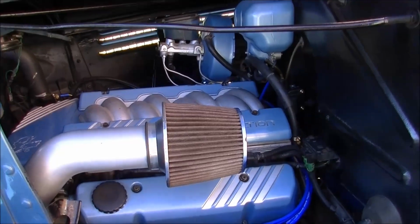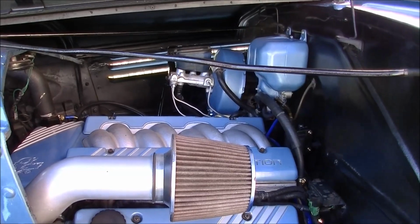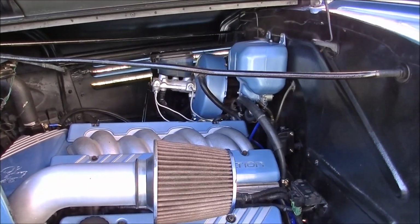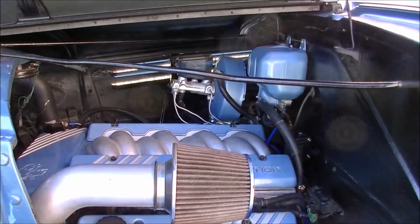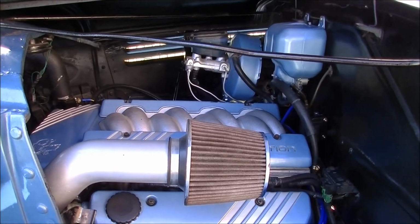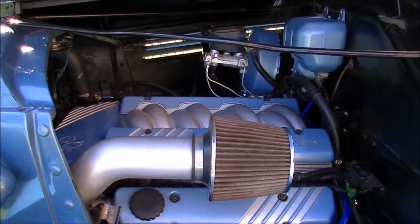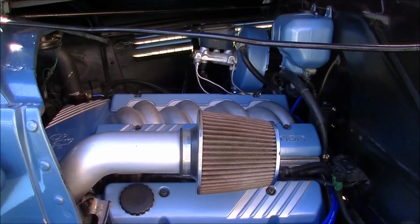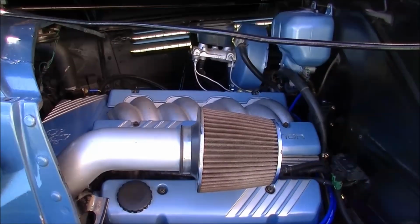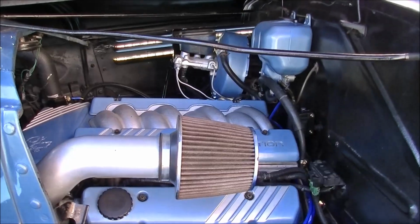If you've been watching for a while, you'll remember I was commenting about how this thing had this little stumble. It wasn't all that bad, but it was hard to find, hard to pick. I pulled the plugs, and the plugs looked good, and I had only just put recent plugs in it. They'd probably only done maximum 1,000 kilometres. So, you know what I mean? And yes, the thing doesn't get driven a lot, but